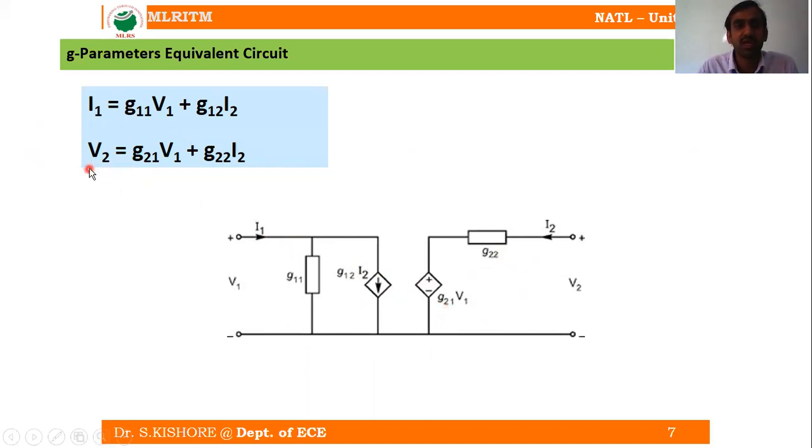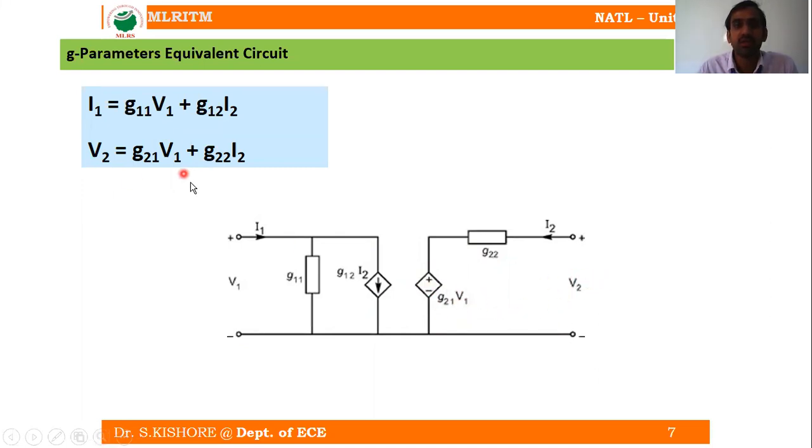So in the second equation, you can see V2 is equal to G21 V1. This is the loop where we are having G21 V1, because G21 is nothing but the forward transfer ratio of voltages, V2 by V1, and here we are having V1. So finally you are going to have this as V2, which is equal to V2 over here. That is what we are measuring here.